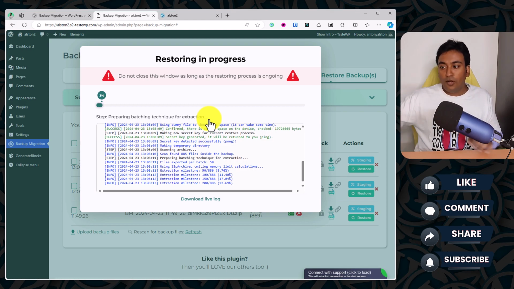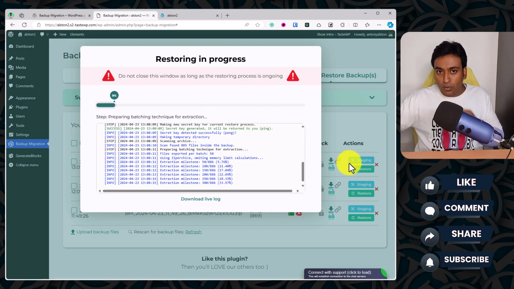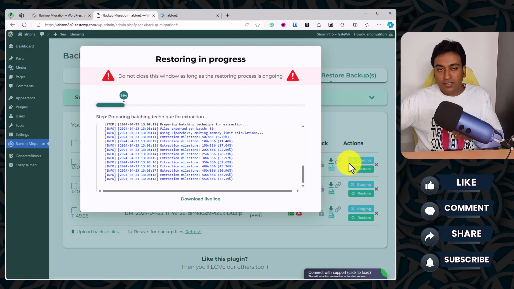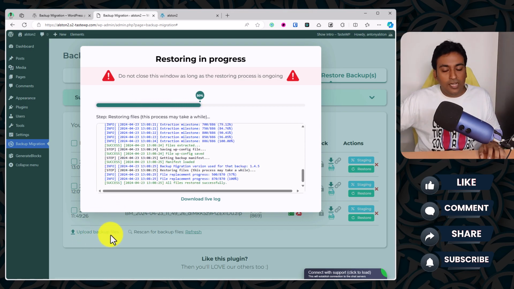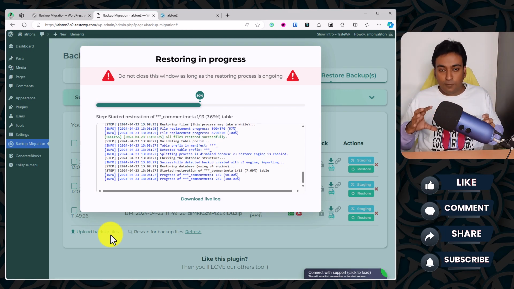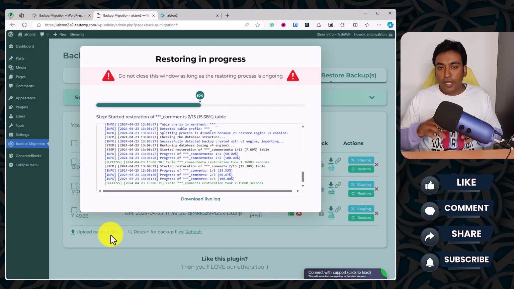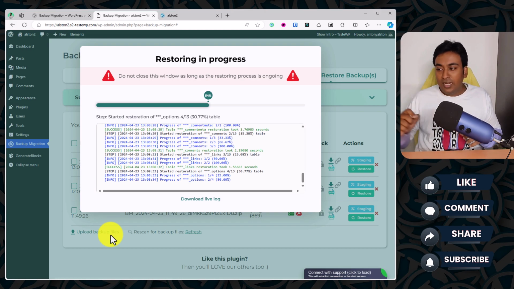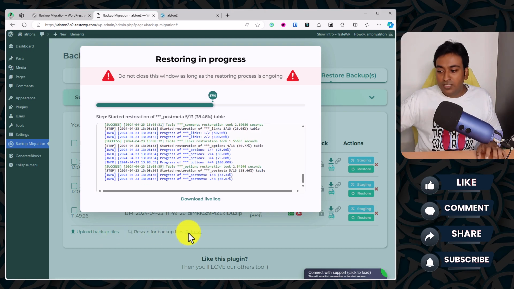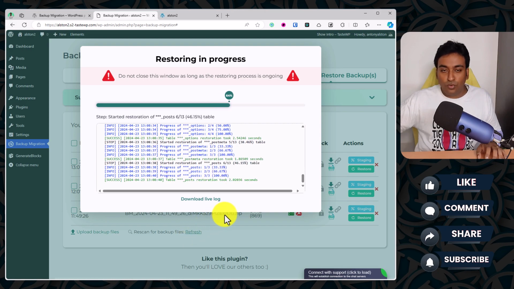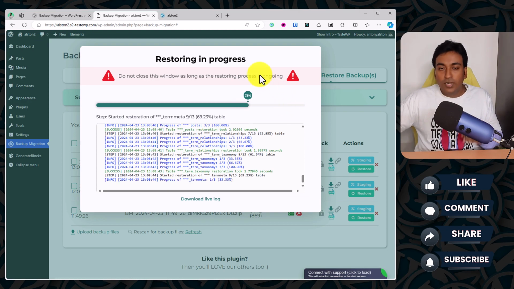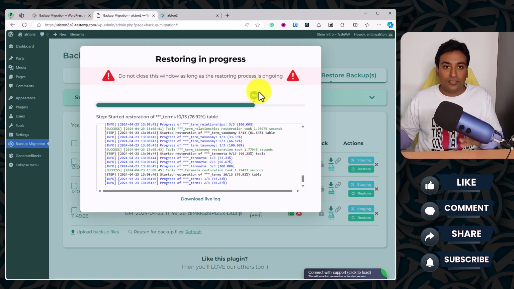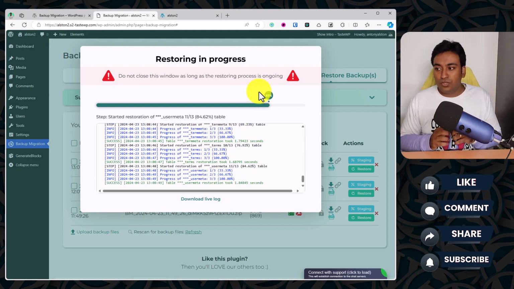Or if you don't have the backup on the site, you download it to your local computer, and then you want to upload and restore it. That is also simple. If you see here, there is an option called upload backup file. When you click on it, it will open a file explorer. You just select the backup stored locally on your computer, and it automatically uploads the backup here. Just click on refresh here and the entry will show up, and then the same procedure: just click on the restore button and you will come to this confirmation modal and this process will run. So that is how easy it is to restore this backup also.